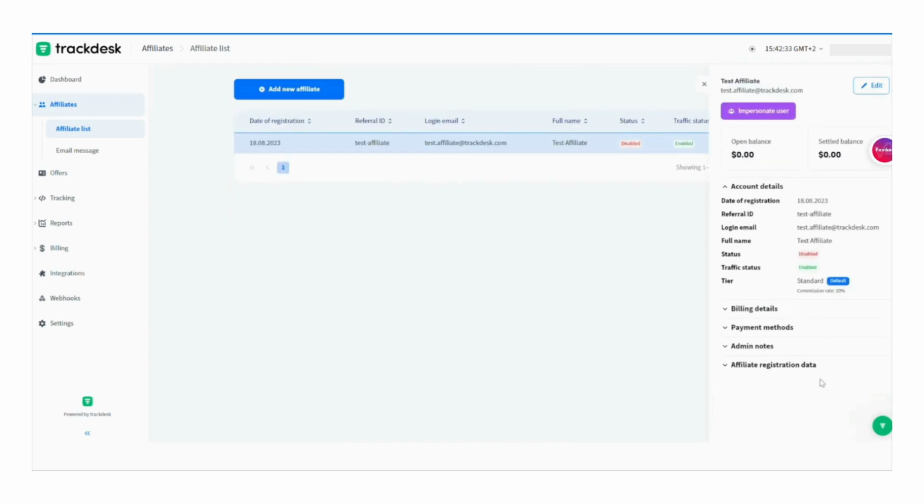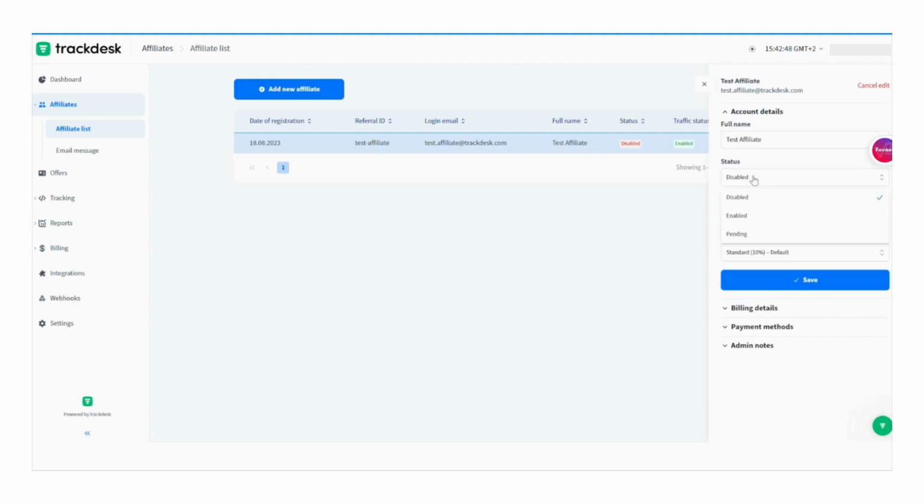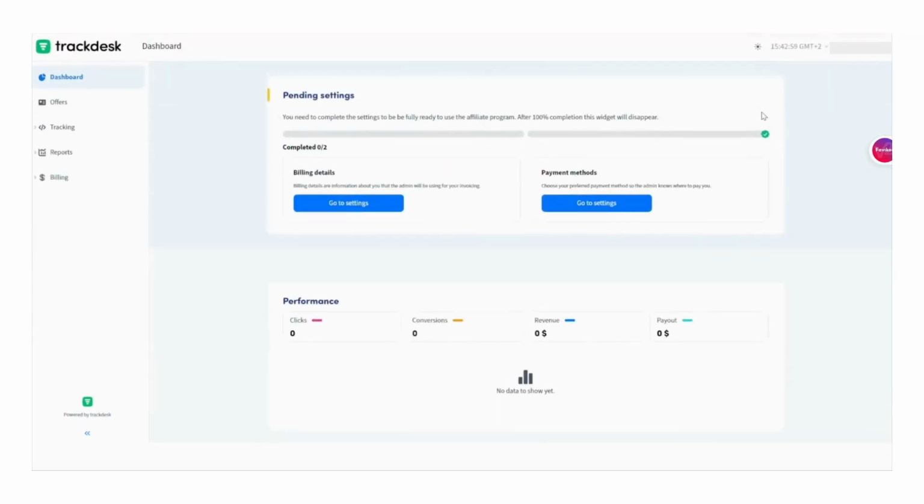On the right hand side, you can get more information about the affiliates you onboarded, such as their account and billing details, payment methods and registration data. You can also make edits such as make changes to their traffic status and tier status as well. You can further impersonate the affiliate to check what the affiliate sees on your panel to make sure everything is